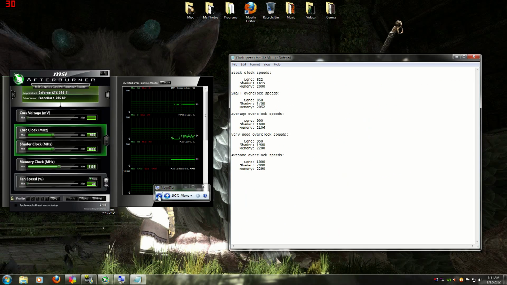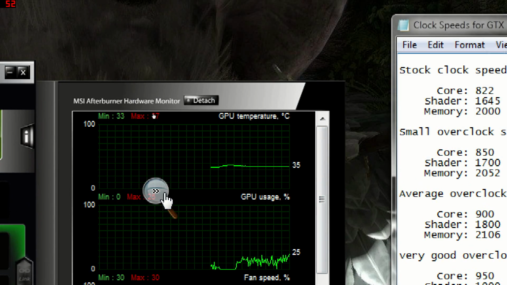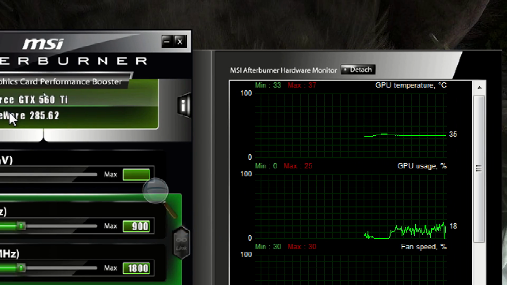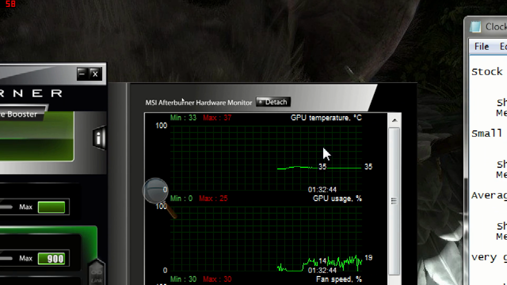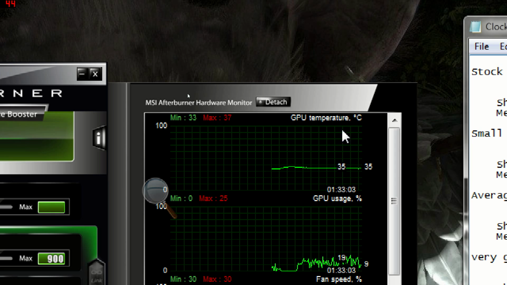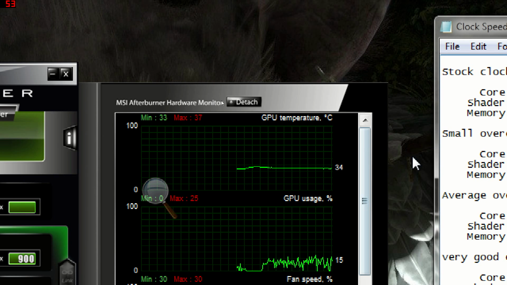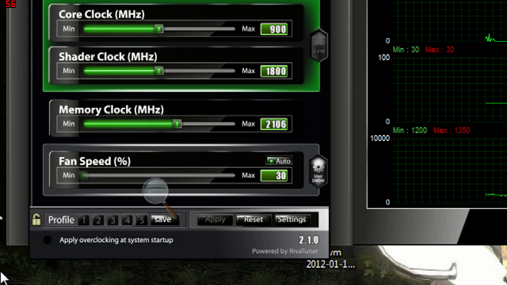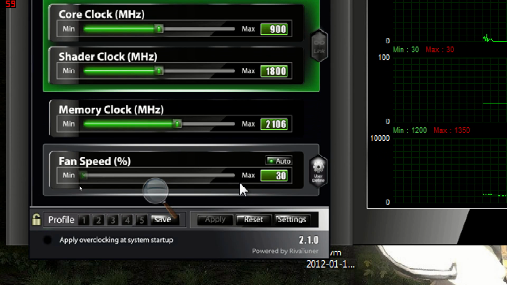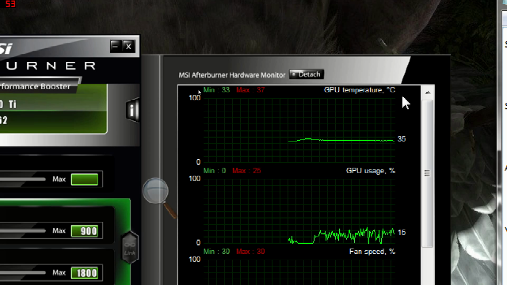And one last thing I need to mention is the temperature gauge here. While you're running the benchmark, make sure you still have MSI Afterburner open and you're checking the temperature range. The card is allowed to get up to 99 degrees Celsius. At that point, it's becoming dangerous. If the fan speed's at 100% and it's getting close to 99,